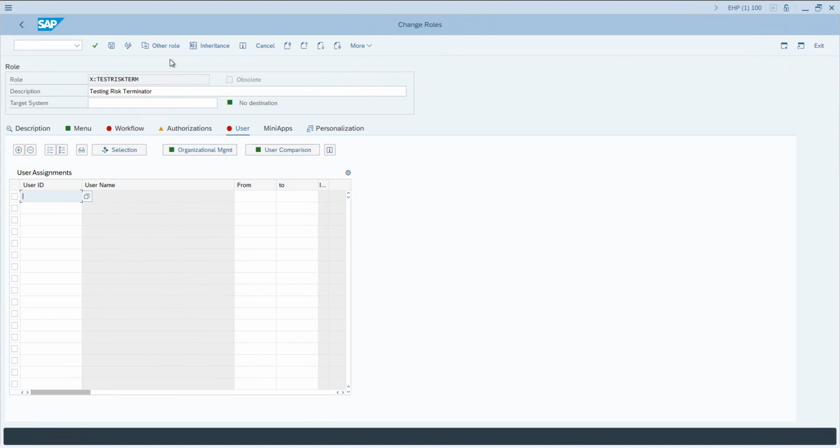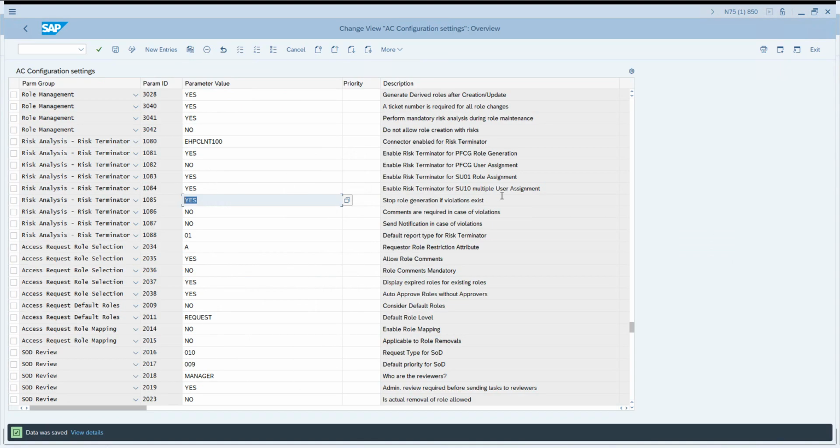So this is the first business scenario that you can think about for assigning two conflicting transaction codes to the role and see what happens with the risk terminator. Depending on what you have set in 1081 and 1085, the profile will not be generated, which means the role was not completely built for you.